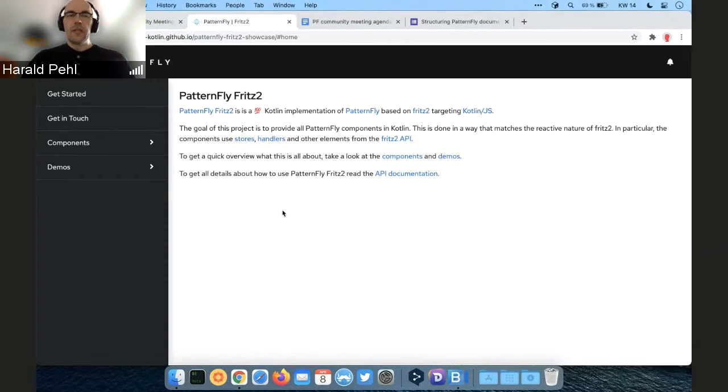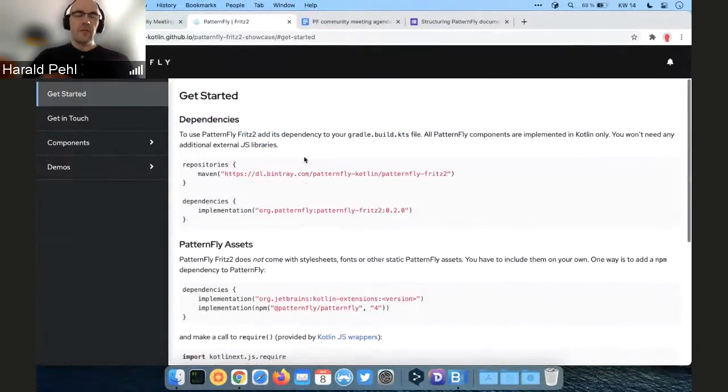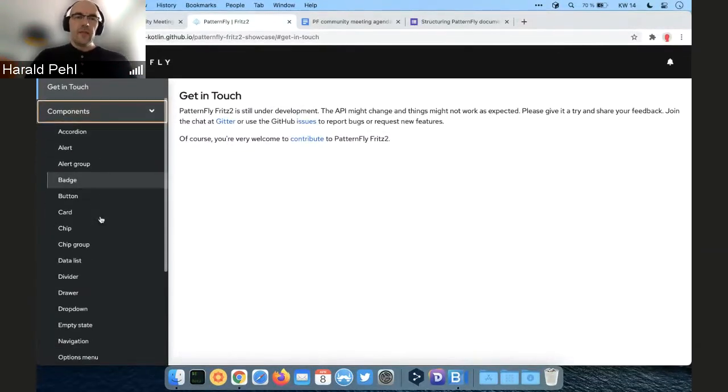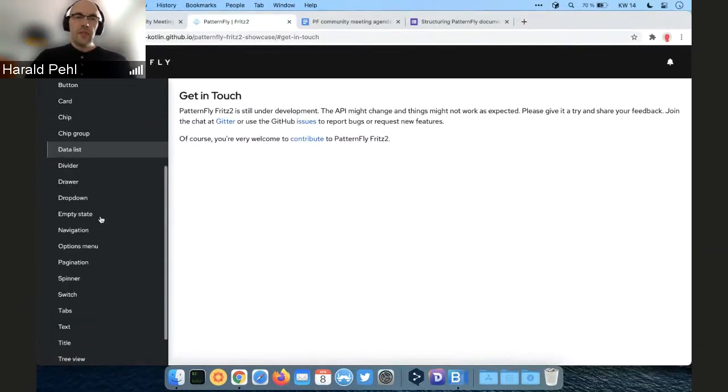So I try to follow somehow the official PatternFly site. Here we have a little bit of a README, and then there's a little bit of how you get started, what you have to do to set it up locally, how to get in touch. And then most of the part is the components which are currently implemented.